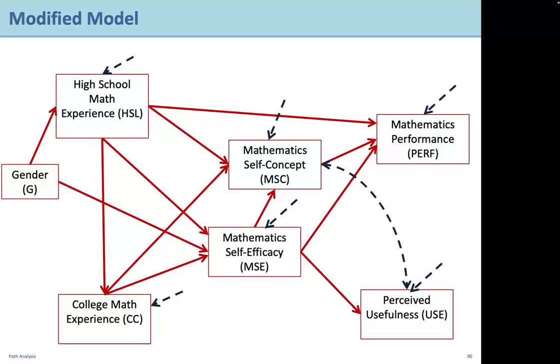If this fits well, that's great. But I mentioned before, if I switch the direction of one of these paths, it fits equally well. And now you have two models. Which one is the causal one? Can't tell, right? So when it fits, your claim could be that this could be causal, but what do you really need to do to establish causal order? Well, first, it'd be great to have a design where you manipulated something. Sure, randomly assign gender. Can't do that, but maybe you could randomly assign